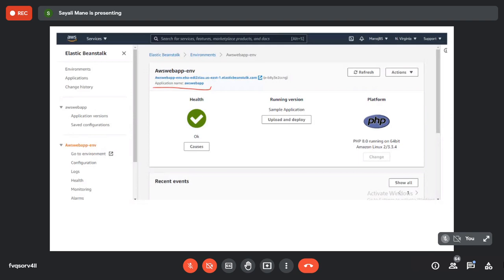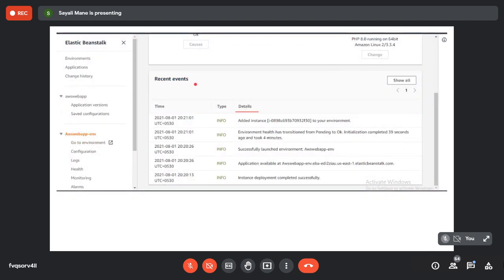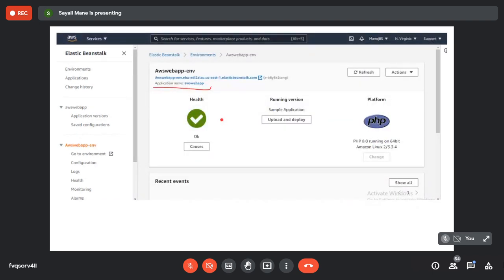Are you getting this screen? It's on creating. Yeah, see this screen. This is the first part, and if you scroll down, you will see the recent events also. These two sections are on the first page only. Just scroll down and please take a screenshot of the whole page.